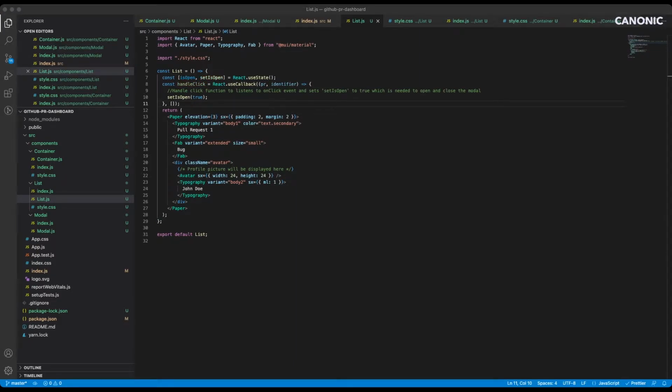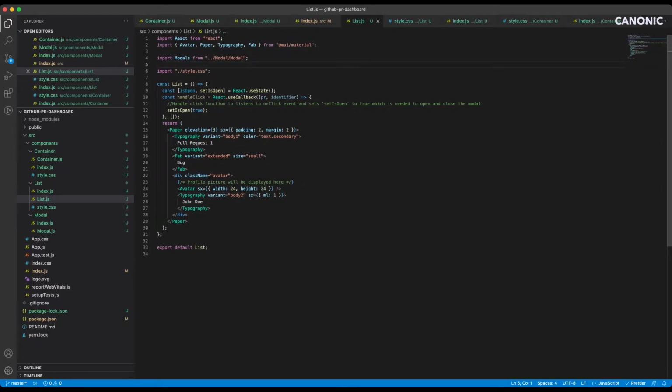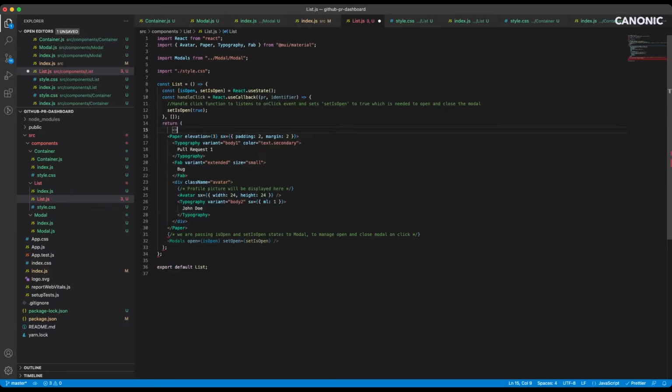Let's also import our modal and then add it to our component. Let's make it fix.